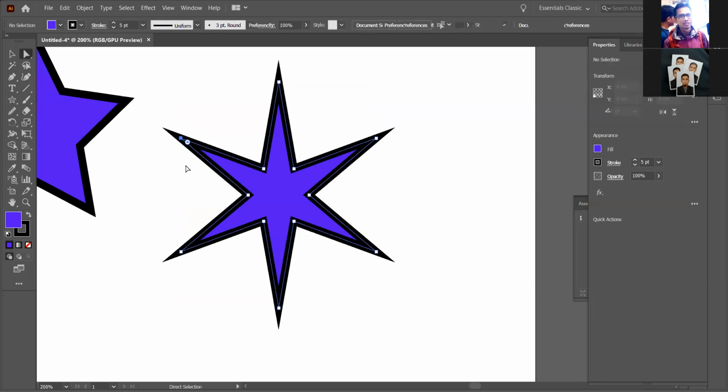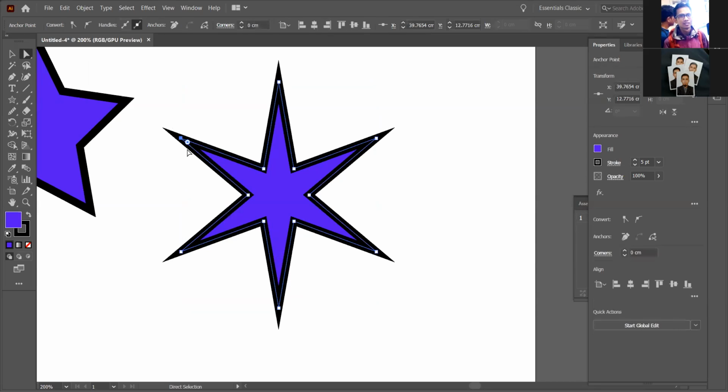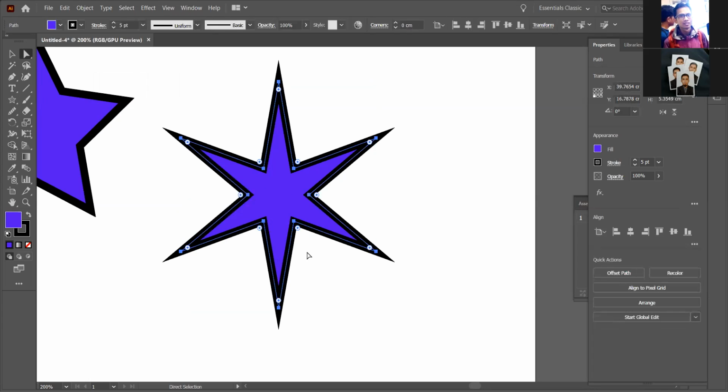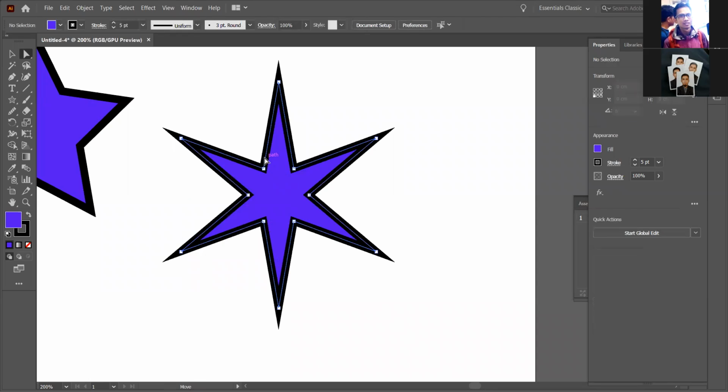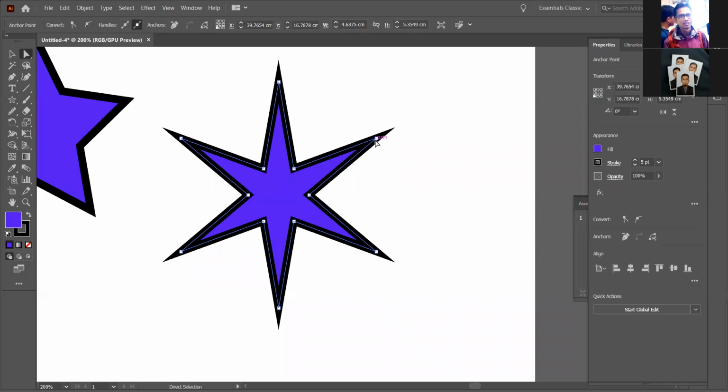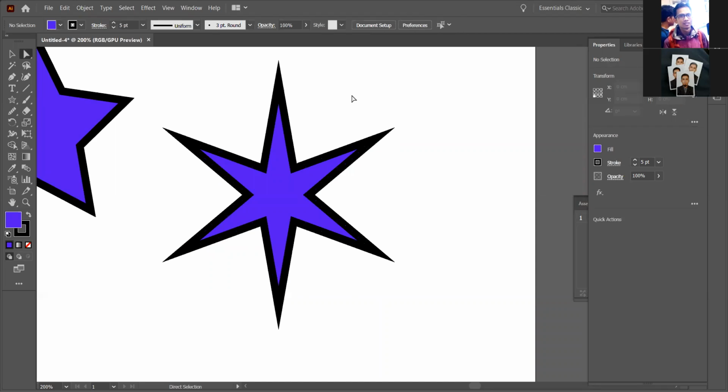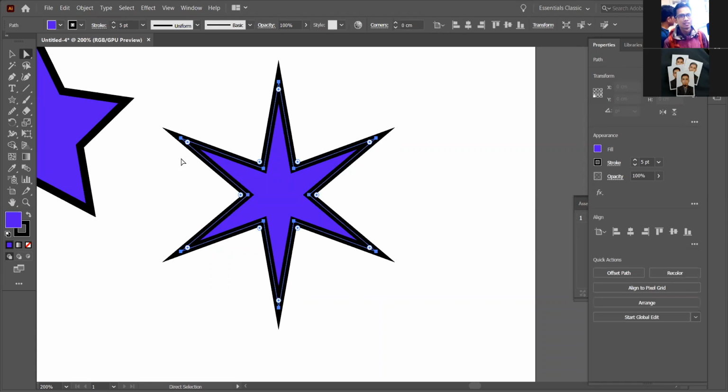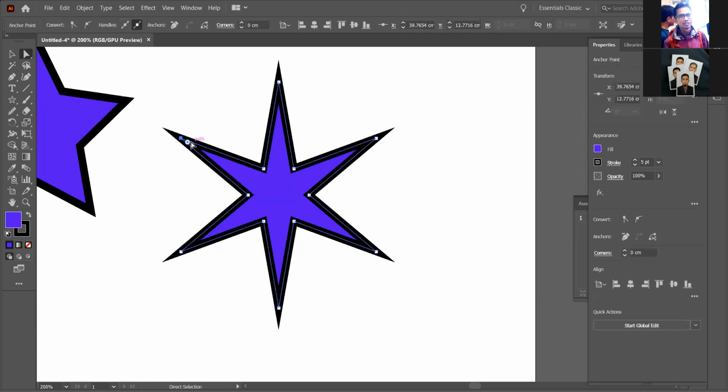They want the outer corner. This is the outer corner of the star. This is the inner corner of the star. This one is the inner corner, and on the outside is the outer corner. So the question is, they want you to convert the outer corner to rounded. So you have to select